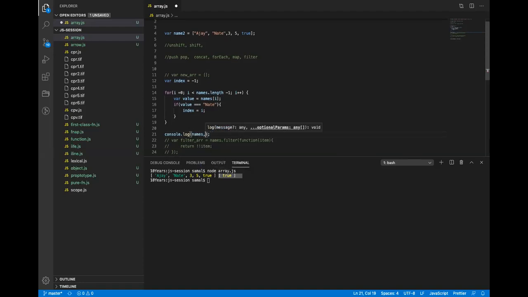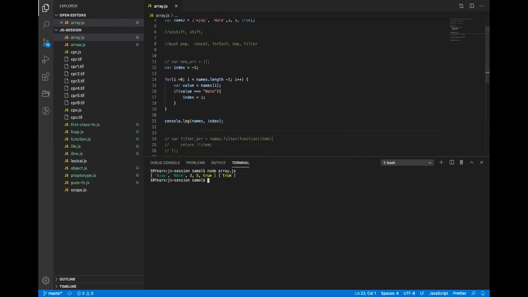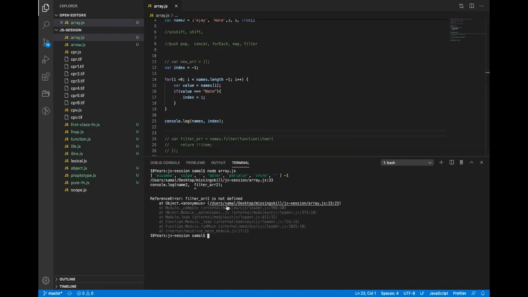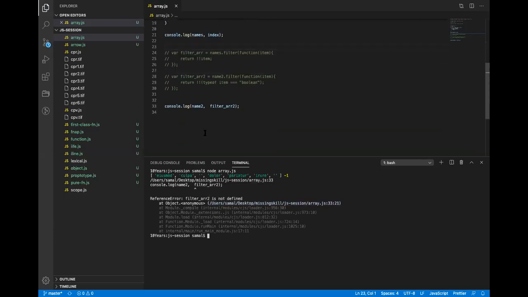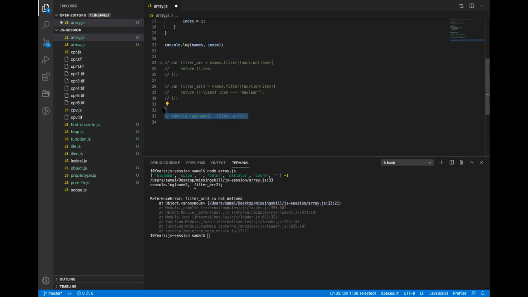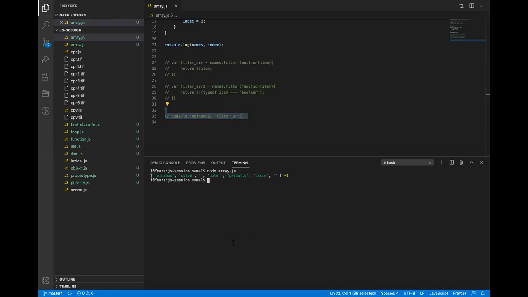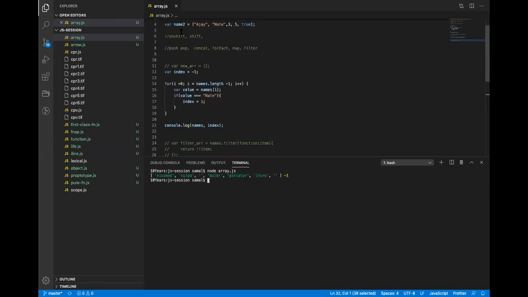So if I print names and if I print index, okay. Where is it? Okay, now I guess the problem is names2.